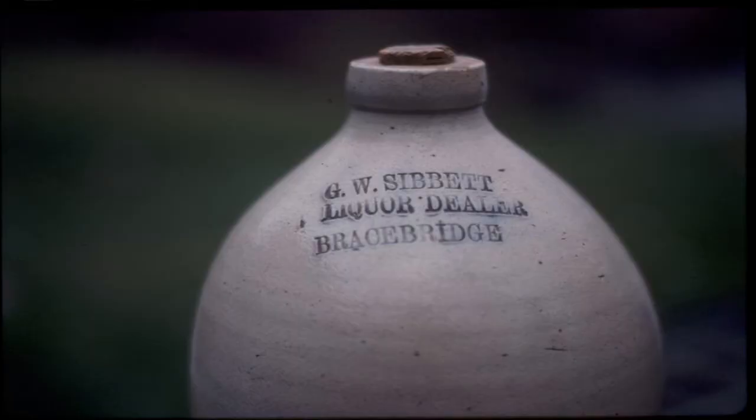Bracebridge was always a very conservative town in terms of entertainment. The people are mostly British, but they still liked their liquor. And this was